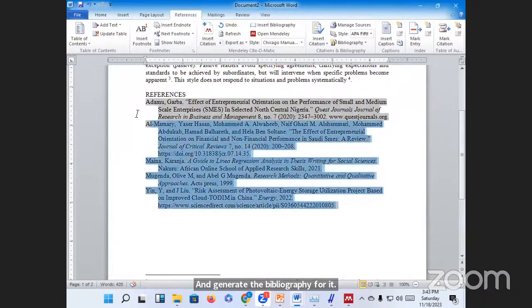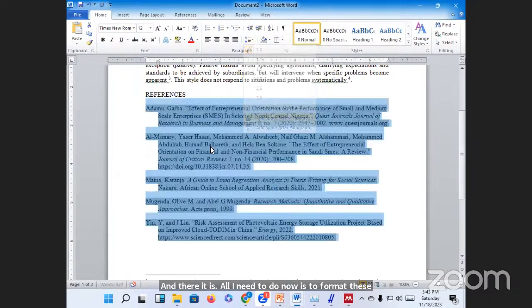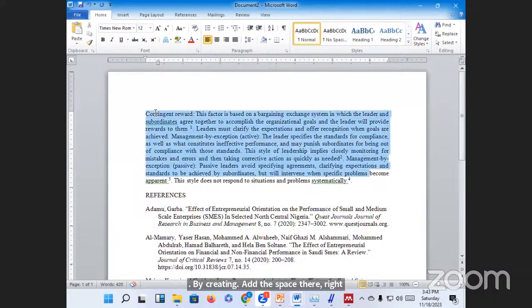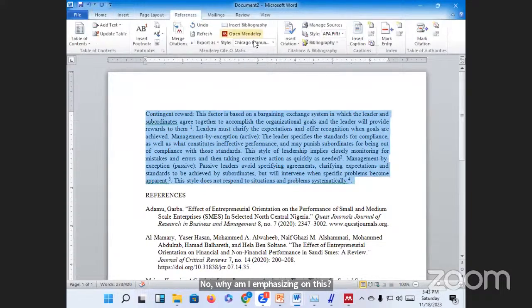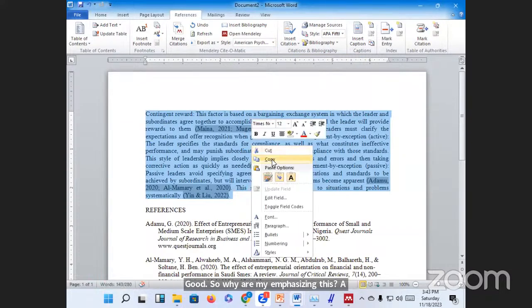And there it is. All I need to do now is to format this by creating other space there, right? Now, why am I emphasizing on this? Where have they gone? So what has happened is, my new word is on Chicago, so I just need to take it back there. Good. So why am I emphasizing this? I want you to see, if I copy this,